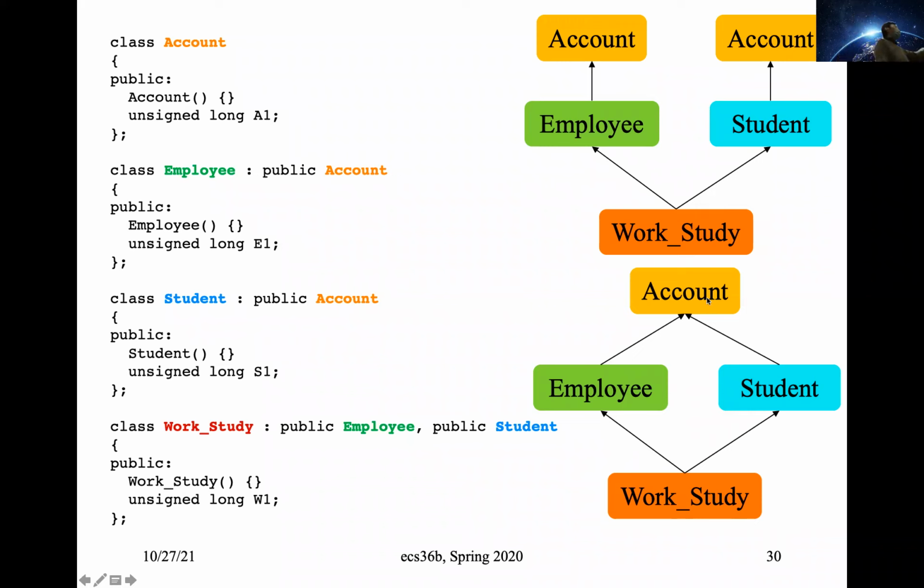So the first statement assigned 200, and then it was overwritten by the second statement, to be 300. So when you print it, there is only one value because they share one particular part. But with multiple inheritance, it has two copies, so no matter if you change that, 200 is still available.